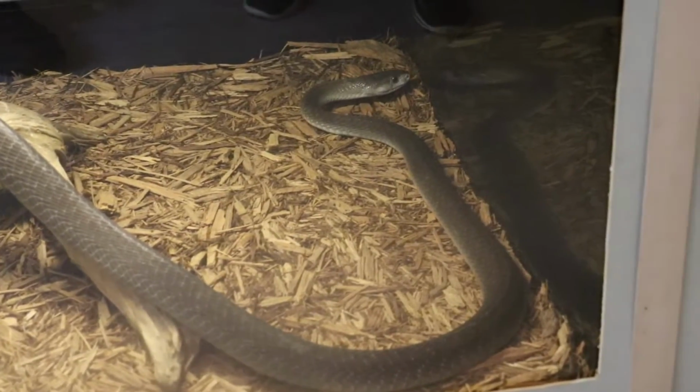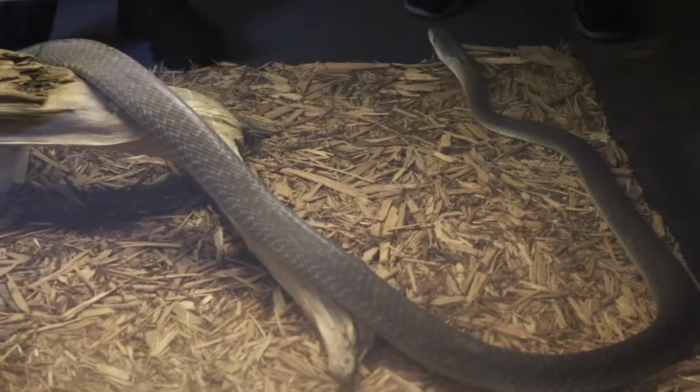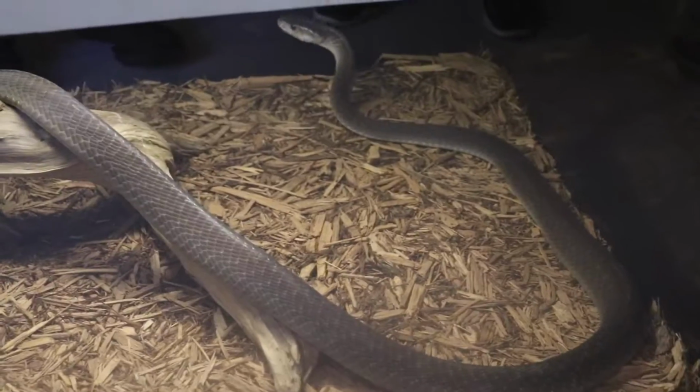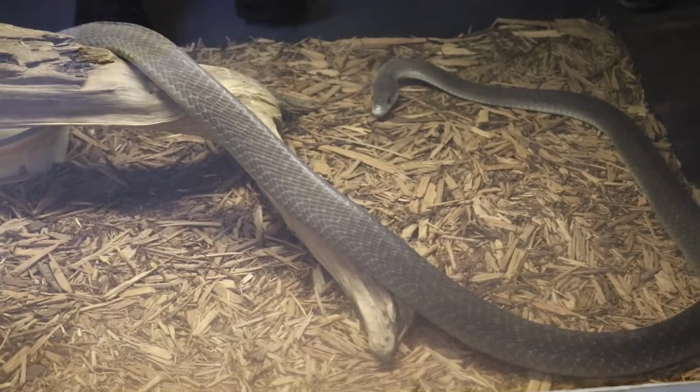The scales aren't as pronounced, but still a cool species. All mambas are very, very dangerous and very cool, but just very dangerous. Here's another look at that black mamba cruising around the exhibit. They grow much larger than this one, but this is an average sized black mamba here, and just really an